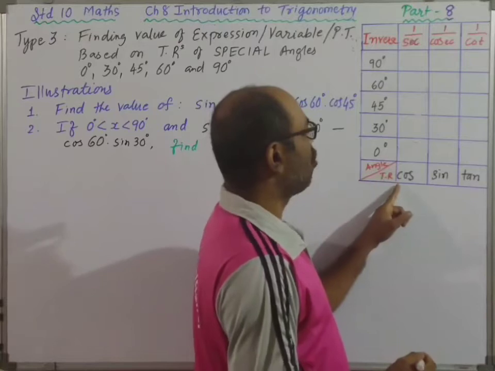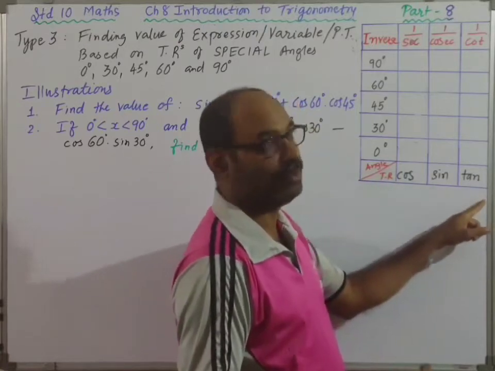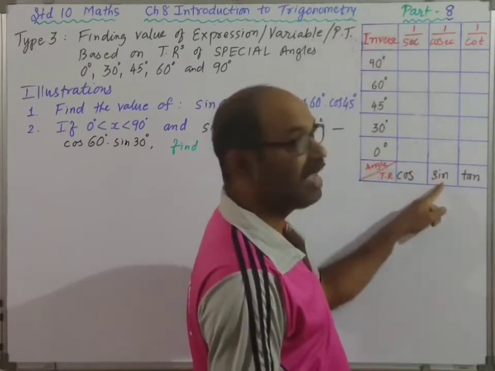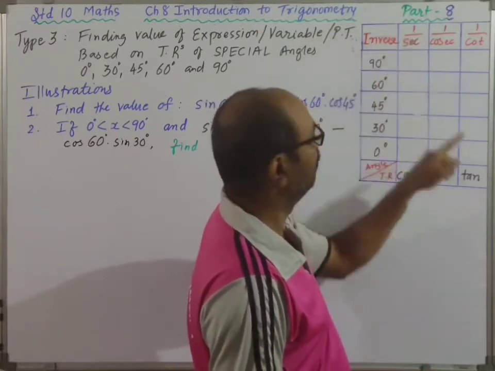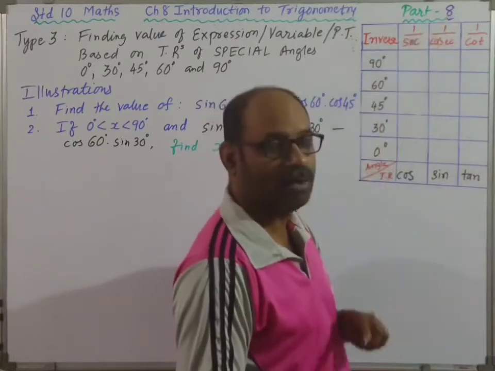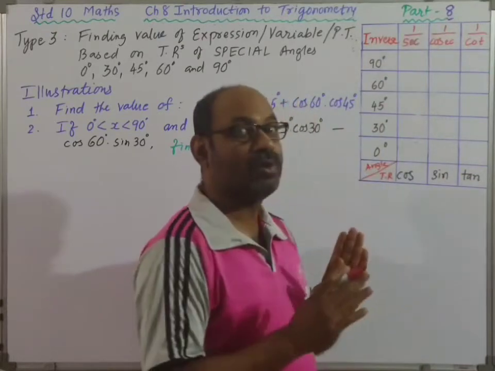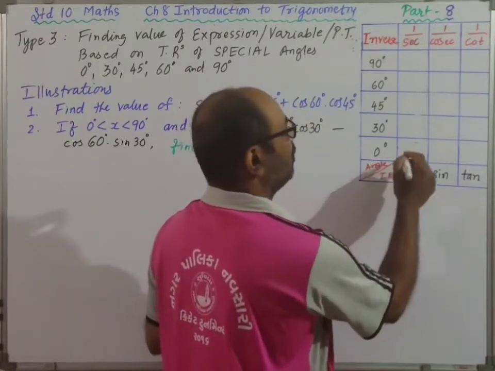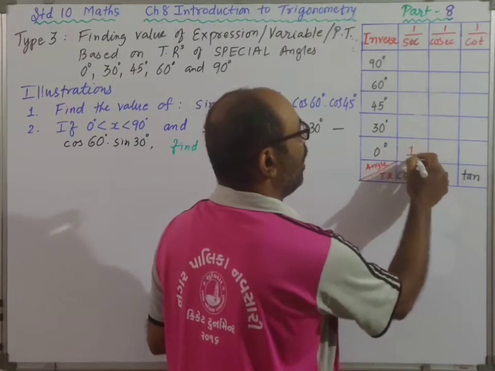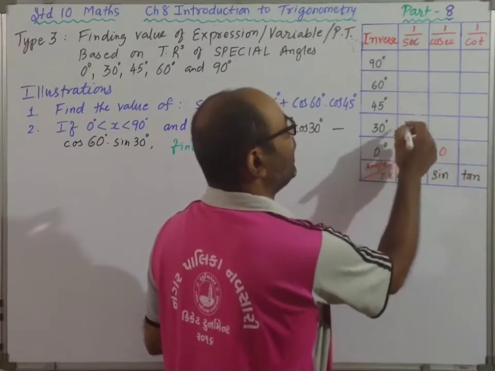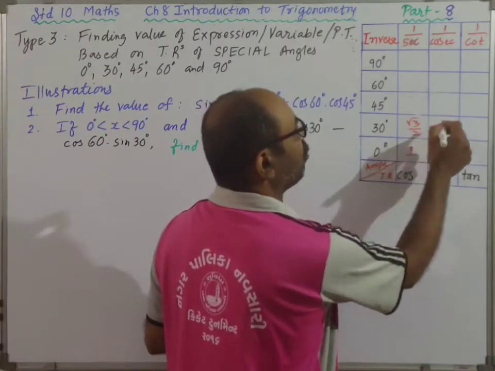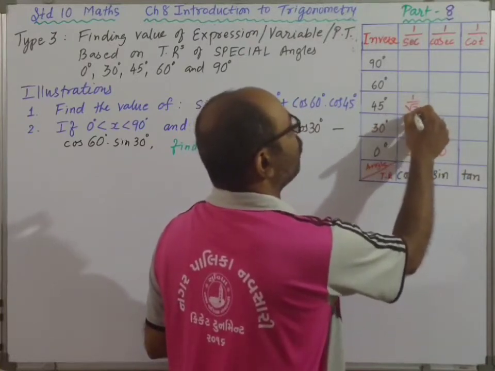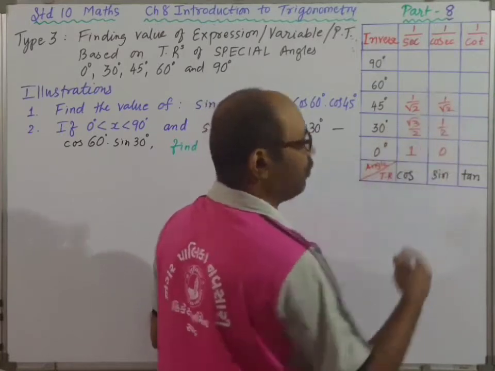As I said, cos, sine and tan you have to put. Cos, which is 1 upon sec. Sine, which is 1 upon cosec. Tan, which is 1 upon cot. I told you to remember 3 pairs of numbers. First, cos 0, 1, 0. 30, root 3 by 2 and its partner half. 45, 1 over root 2, its partner 1 over root 2.